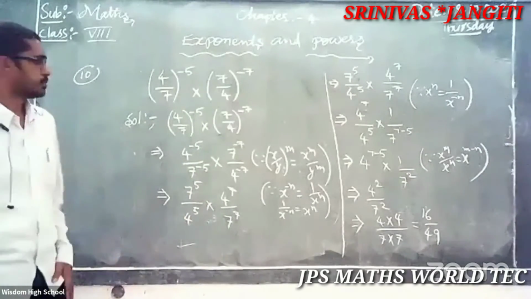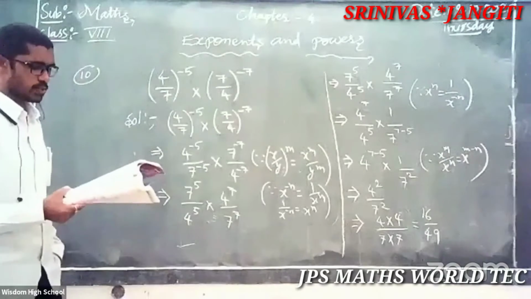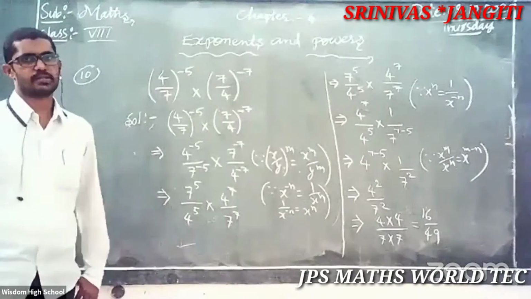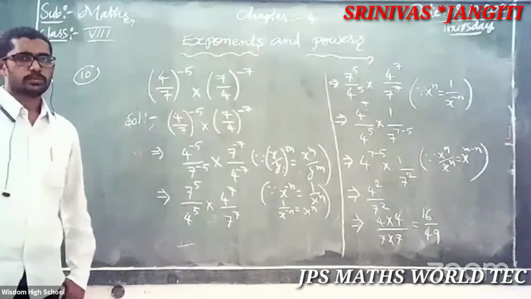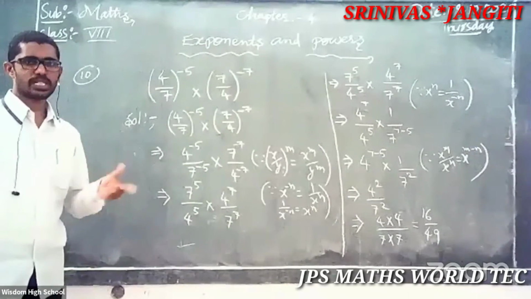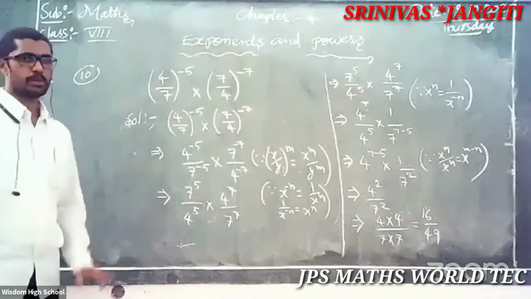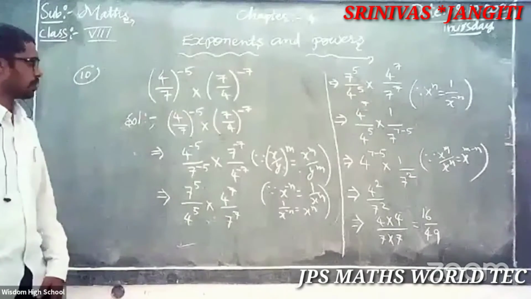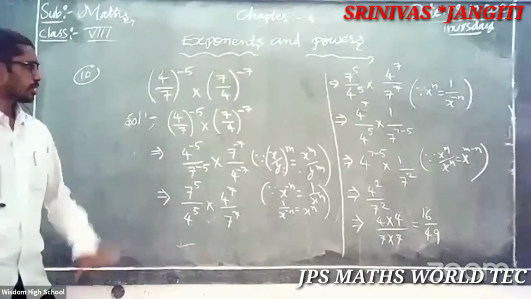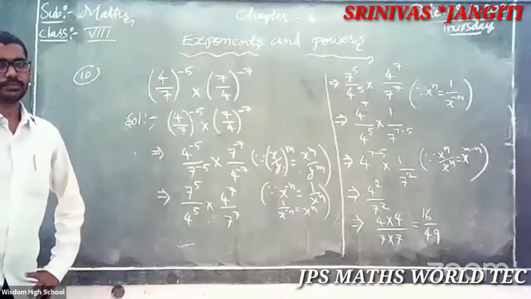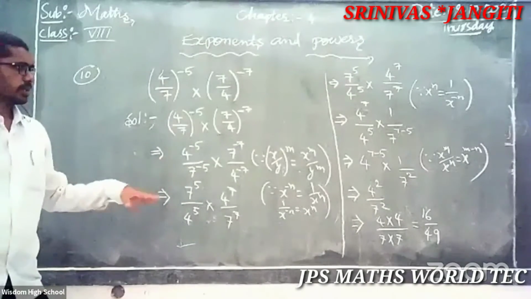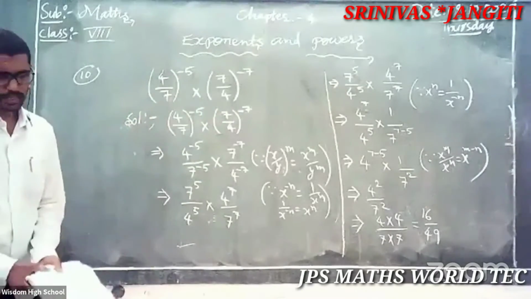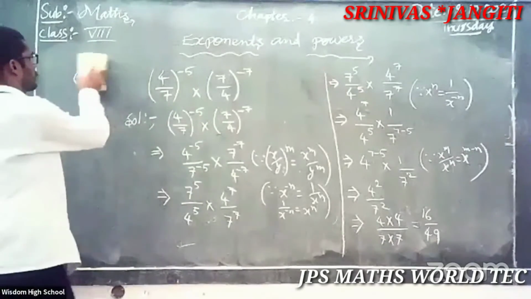So simple. Let's start. It says to express the following numbers in standard form. Very, very easy this is. You know, one is the long method and one is the short method. I will explain the time, you observe. Once you understand this short method, you will know it is so easy. Is that clear? Don't apply anything here, just use the laws of exponents. Okay. Good.